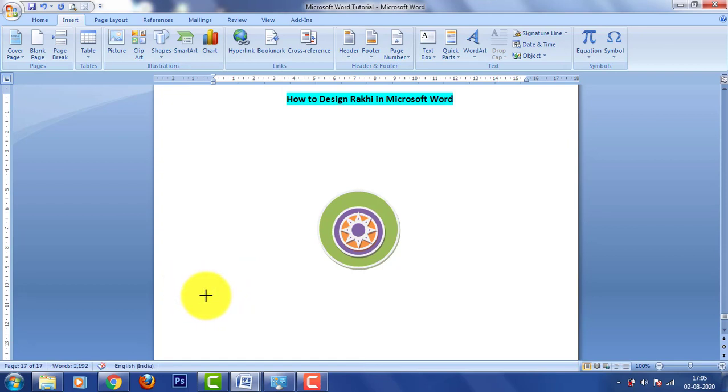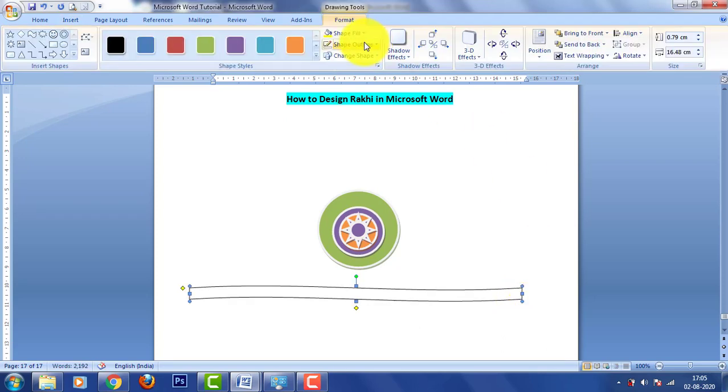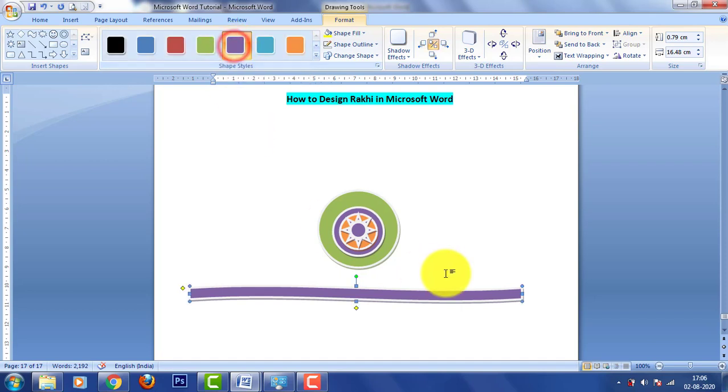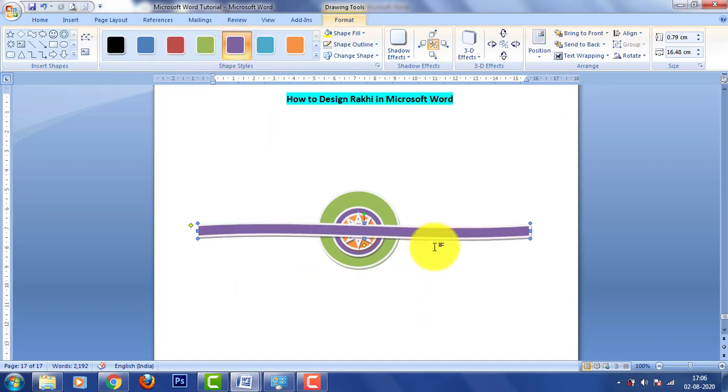Press the left mouse button, drag it and release it when you find it to be of a suitable length. Then apply this style. Now place it over here.